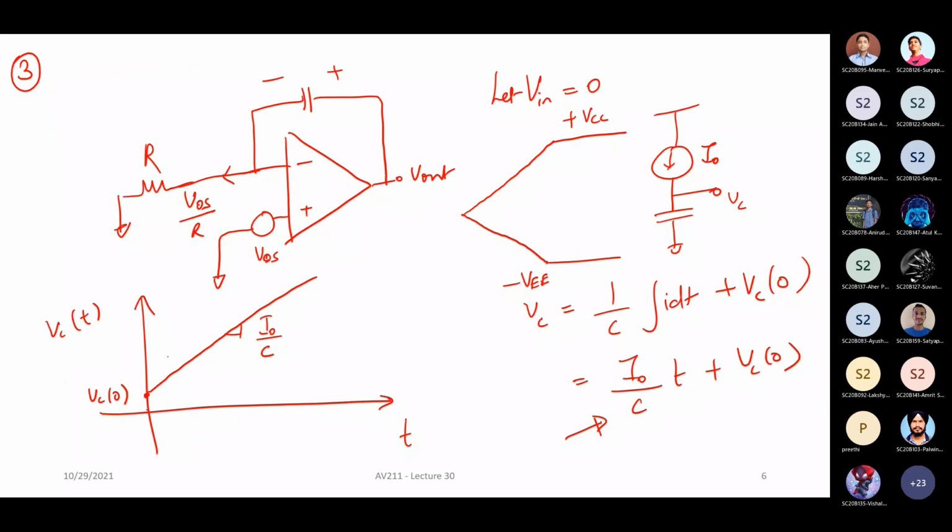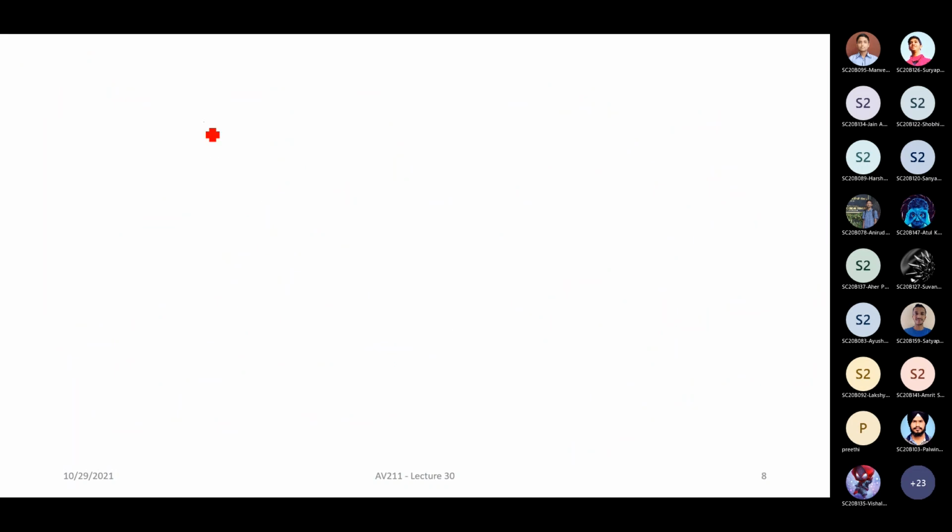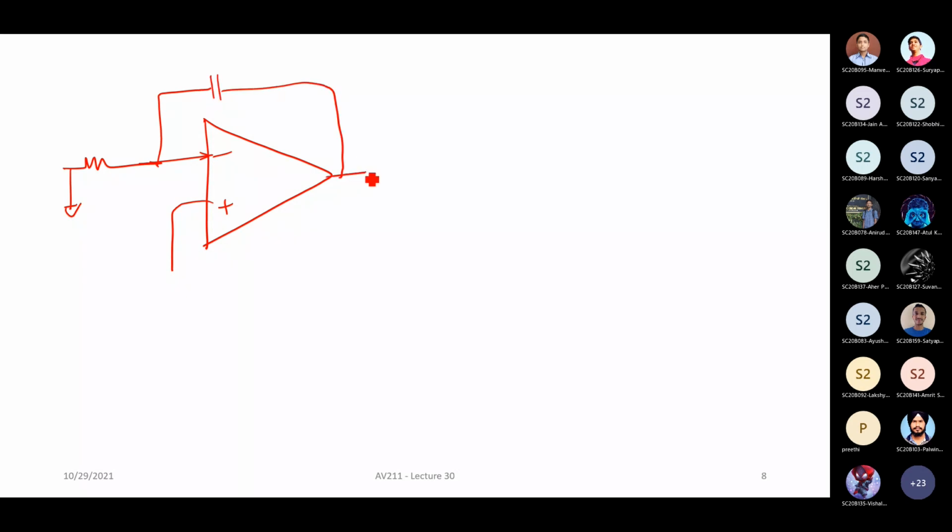So this is one problem with integrators. Integrators also have another problem, that is, the problem of input bias current. If you don't do anything, and don't give any signal either, what will happen to this integrator? It will start going to either plus VCC or minus VCC, because there is a small amount of bias current that it is going to take.